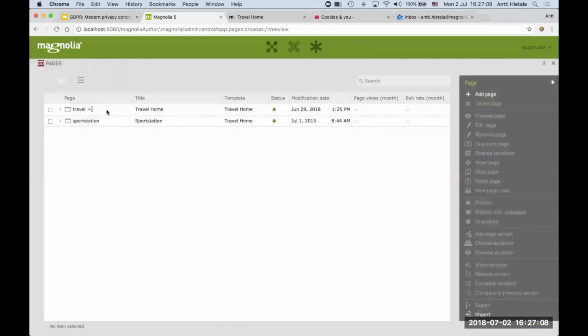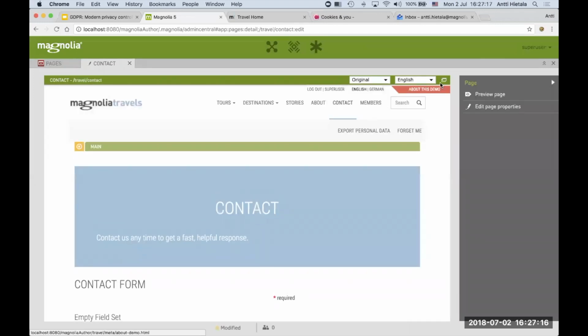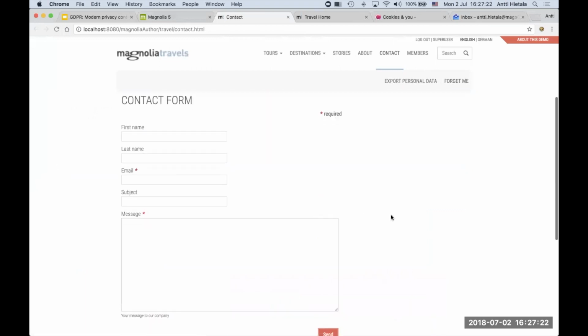So back to the form consent. We've put an example here on the contact form. So let's open that up and let's fill it in to see what consent looks like on a form. On this little simple form, we ask for name, email, subject, and a message. So let's start filling it in and look how